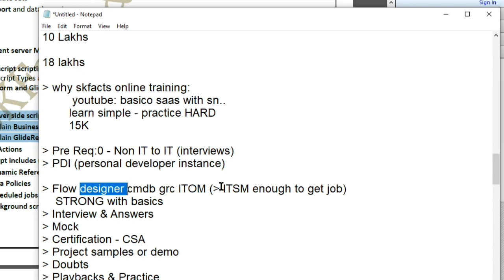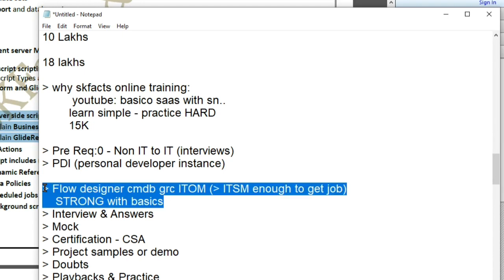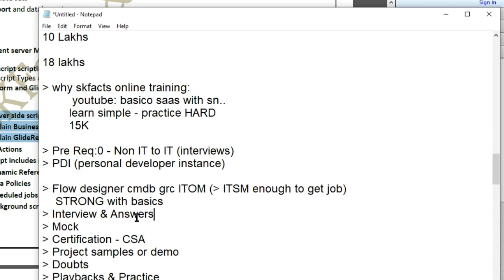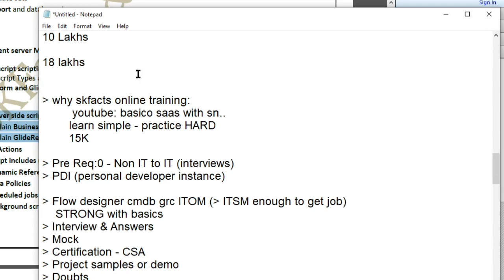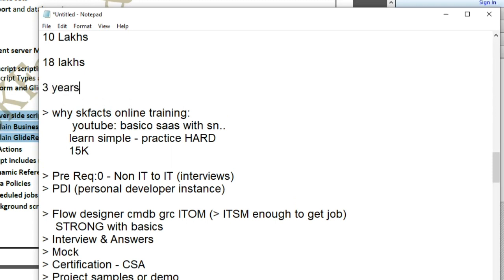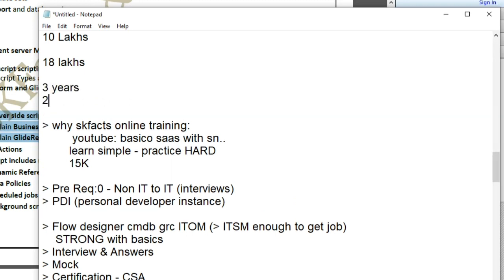Okay, ma'am, is that answered? Yes, sir. Now in interviews, sir, will they expect things apart from ITSM? Will they expect or no? Okay, they will expect. But the problem here is how the interviews will be. I'm telling you from my experience. Generally, let's say I went with 3 years of experience and faced 20 questions, and among the 20 questions, 15 questions are from